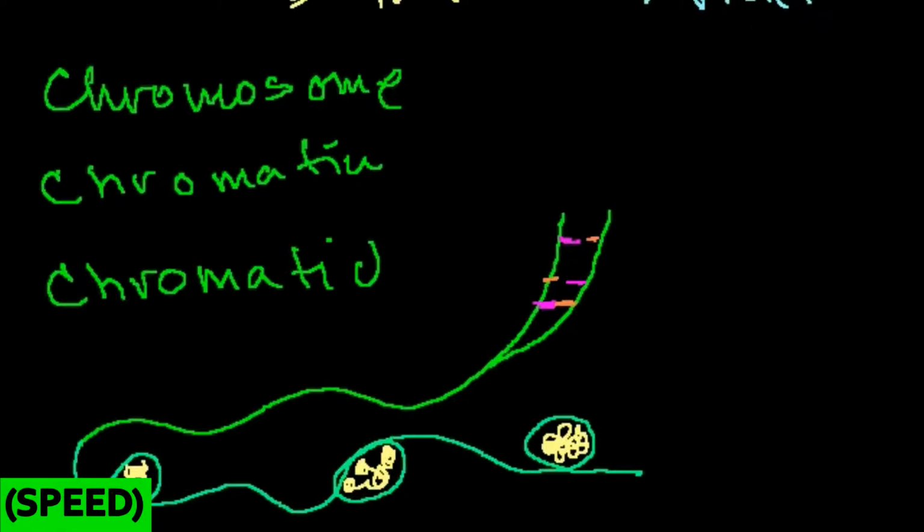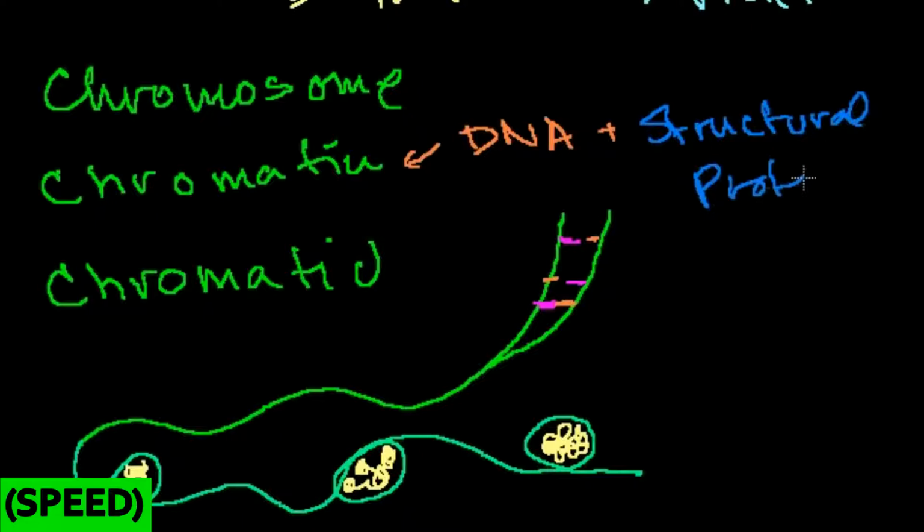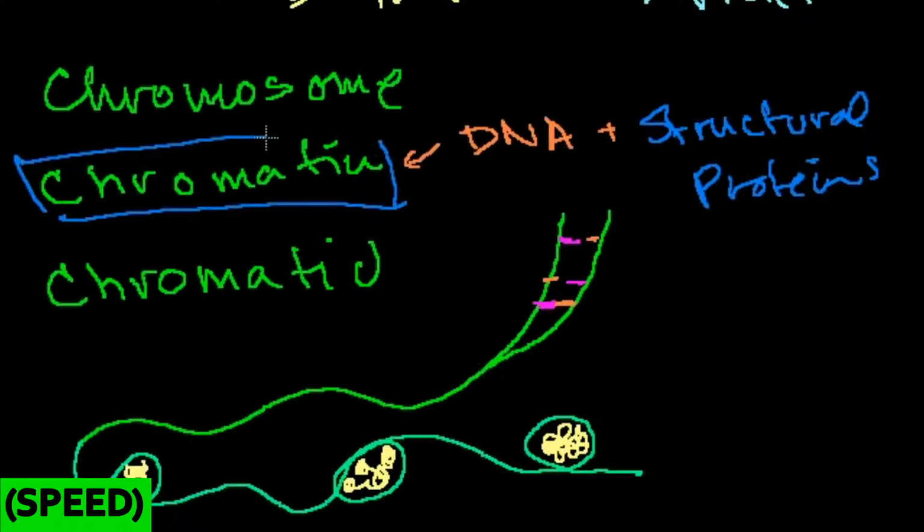But when you talk about the nucleic acid, which is the DNA, and you combine that with the proteins, you're talking about the chromatin. So this is DNA plus, you can view it as the structural proteins that give the DNA its shape. And the idea, chromatin was first used because when people look at a cell, every time I've drawn the cell nucleuses so far, I've drawn these very well-defined